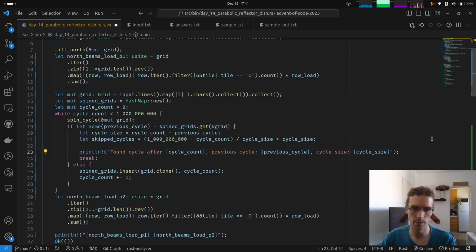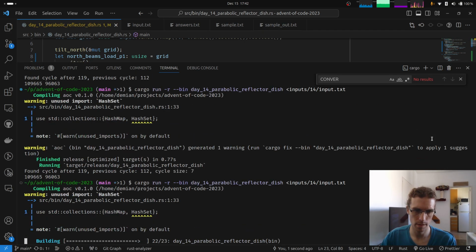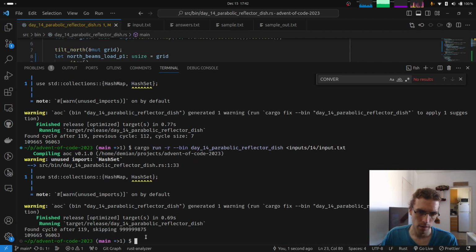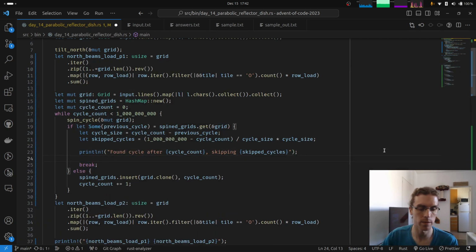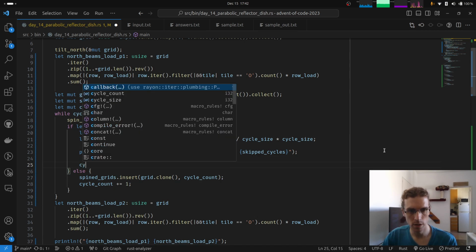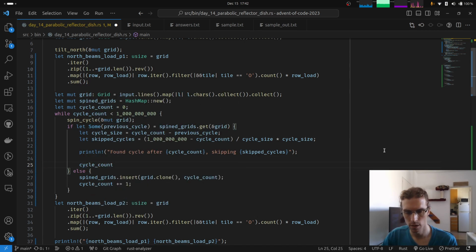We know all of this. Let's say skipped cycles. Well, we're going to be skipping this amount of cycles, which is a number. I'm not sure if I did the calculation correctly, but let's do what we say we're going to do. Instead of breaking, we are going to skip this cycle. So we're going to do cycle count plus equals skipped cycles,